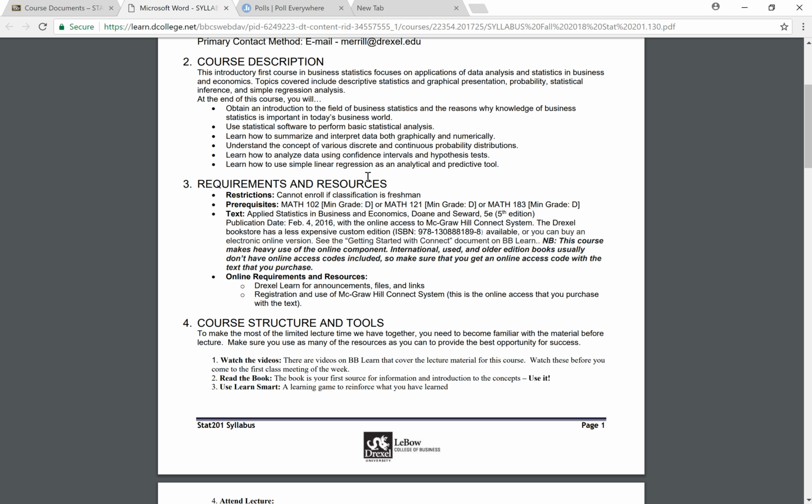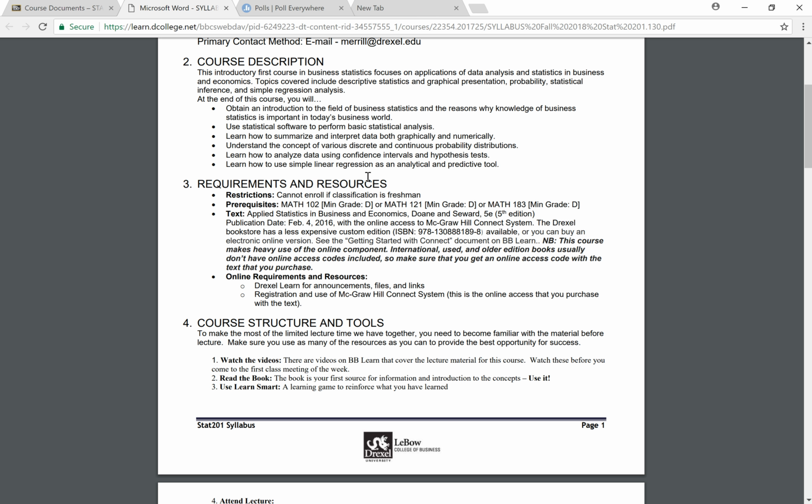So I encourage you to embrace the software, embrace your calculators, do it early instead of putting it off until right before the exam and then saying, wait a second, I can't use Excel on the exam, I don't know what I'm doing without Excel, how do I get my calculator to work? Do that early rather than right before the exam.